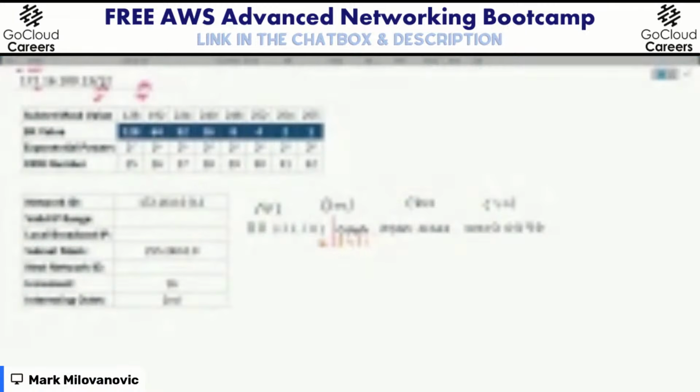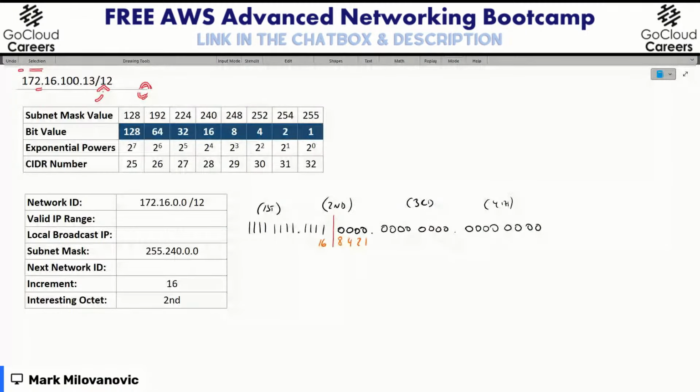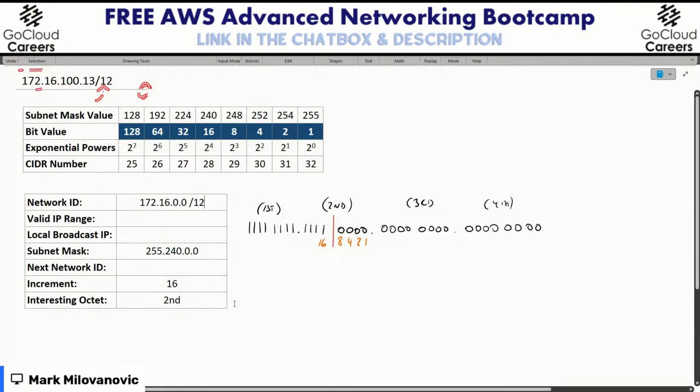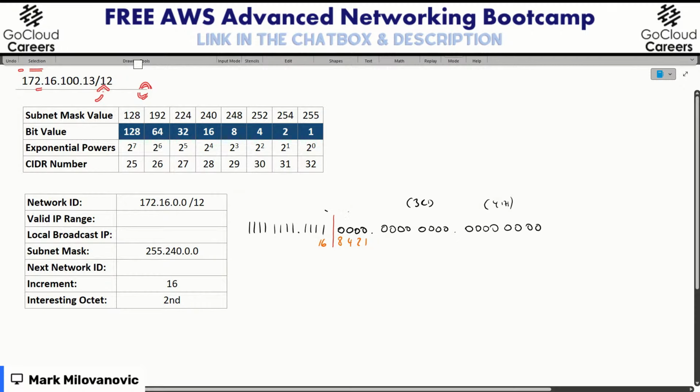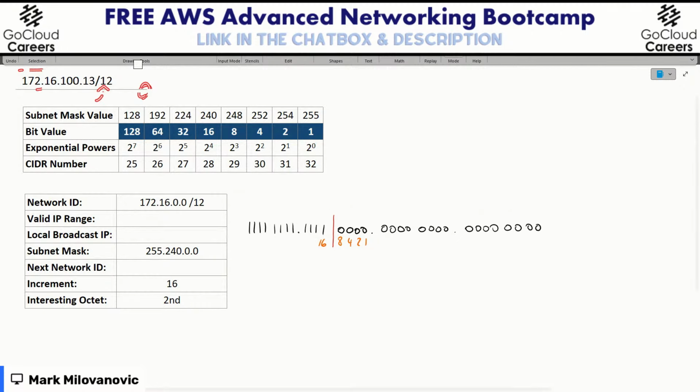All right. If you can go ahead, Chris, and share my screen again. All righty. So what we want to do is now we know what our increment is. We know what the beginning, or the network ID, is of our actual network. What we want to do next is simply figure out what my broadcast IP is. And if you guys recall from the previous example, let me remove this now because it's going to be in the way for us to do some calculations, to calculate what my local broadcast IP is.